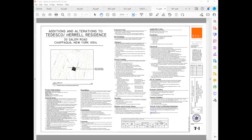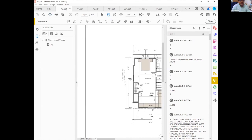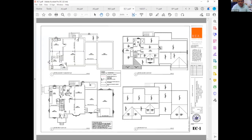Is John the owner? Oh, sorry. Owen? Holly Tedesco. Yep. Oh, sorry. I forgot to introduce the owner of the property. Mrs. Tedesco is also with us tonight. Okay, let me explain. Let me go to the floor plans. We have an existing residence. We try to make some addition on this left side of the house, the front porch, and the second floor. This is how the house looks now. And the addition we propose is in the...